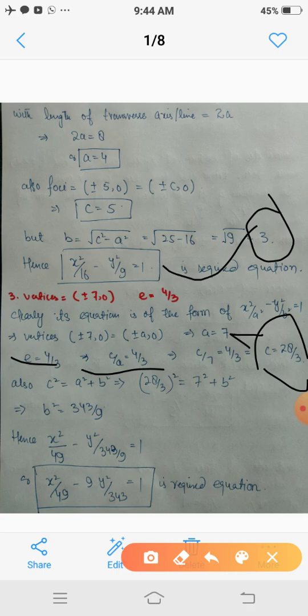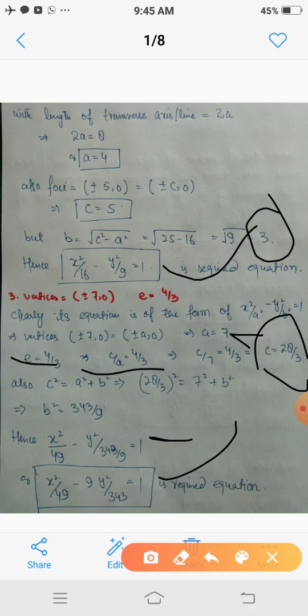Hence substituting a and b in the form x square upon a square minus y square upon b square equals 1, we get x square upon 49 minus y square upon 343 upon 9 equals 1, or x square upon 49 minus 9y square upon 343 equals 1. So this is the required equation of the hyperbola whose vertices are plus minus 7, 0 and eccentricity is 4 by 3. So in this way we completed this whole conic section,